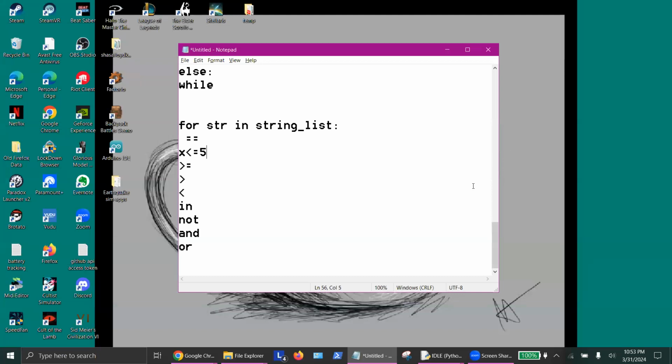Okay, so I'll just pick up where I left off in the last one. Just quickly go over these. This is just the opposite of this. This is just this, but without being able to equal. Same thing with this. In. So basically, in is just